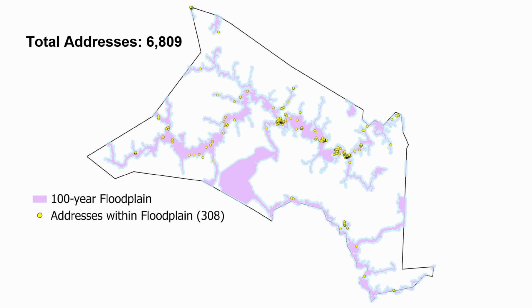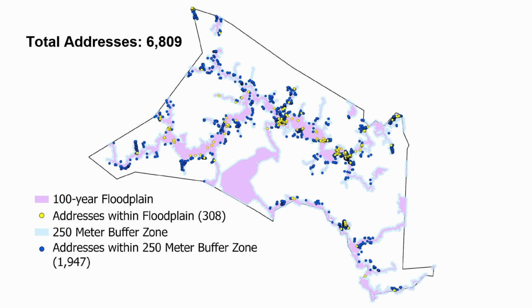Here is a visual of addresses that are within that 250 or that are within the floodplain. This is not a crazy high percentage, but when we look at addresses that are within that 250-meter buffer, you can see how concentrated it is. This is almost a third of all buildings in Jones County that are within that 250-meter buffer and especially vulnerable